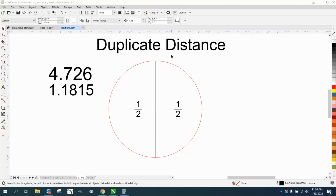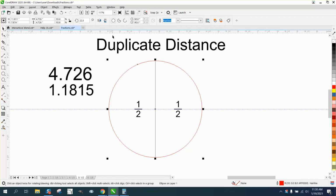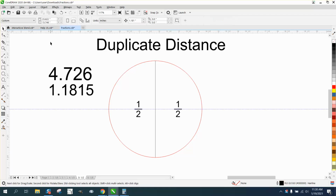I just did a little video on distance and duplicate distance and how to set it. And I told the person that these two half-inch marks, what she's doing is making a kid's game where this is a half and a half equals a whole. So her circle, I had to change it, and just for your information, I changed everything to inches, just to make it easier for me. This circle is